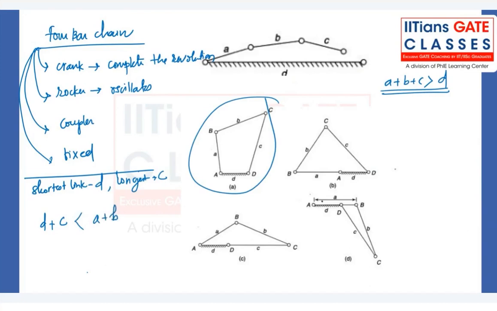If the sum of the shortest link and the largest link is less than the sum of the lengths of the other two links, then that is the kind of mechanism where we can imagine a crank. Or there we can imagine at least one rotating link. Okay, see, because if this C link comes to the right hand side,